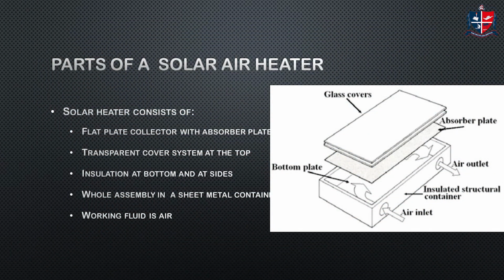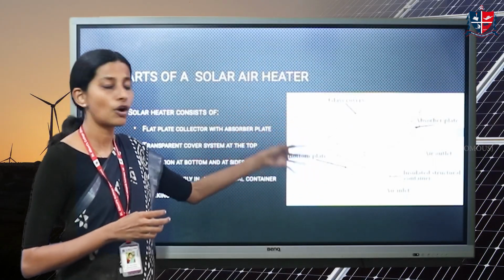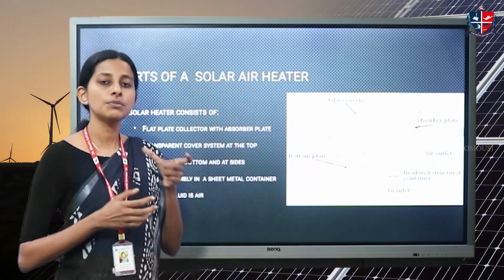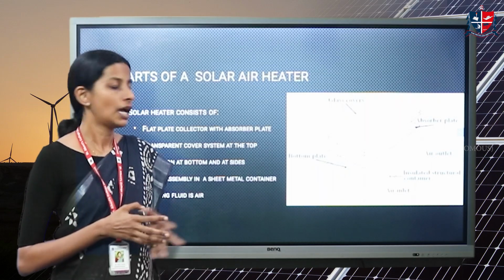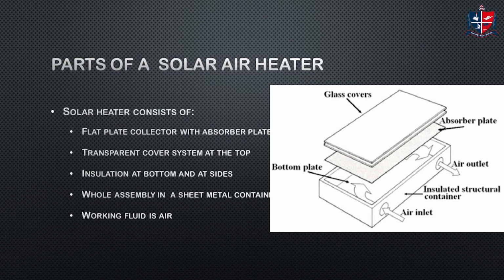So, moving on to the parts of a solar air heater. As you can see in the diagram, there are different components for a solar air heater. The most important component is the absorber. As I said in the previous slide, the solar radiation should be absorbed by some medium. This medium we name the absorber plate. This absorber plate is the one which will absorb the radiation or heat and transfer it to the surrounding air. The absorber plate is always the most important component of any solar air heater. That has to be there, that is a must.